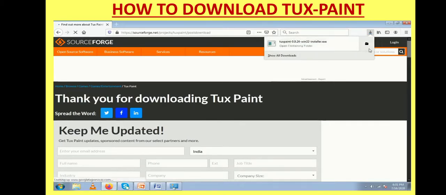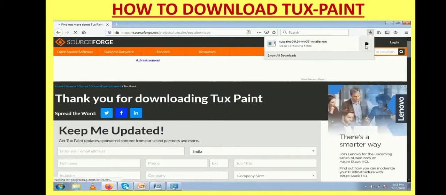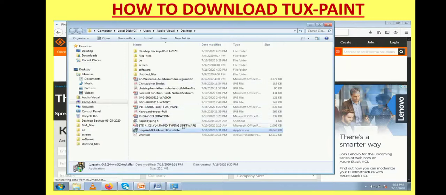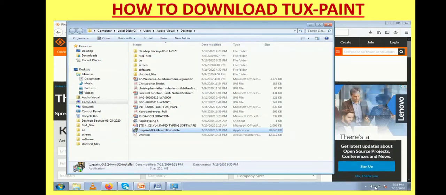Once it gets downloaded, you can see that exe file in the containing folder by clicking on this folder icon. So here is your Tux Paint exe for version 0.9.24. So in this way, very easily you can download Tux Paint.